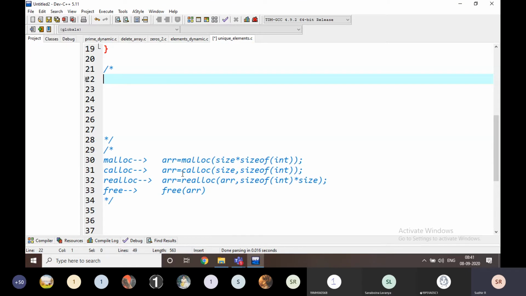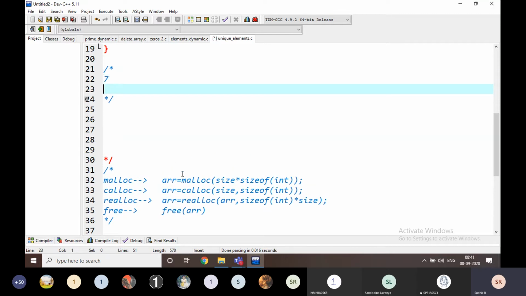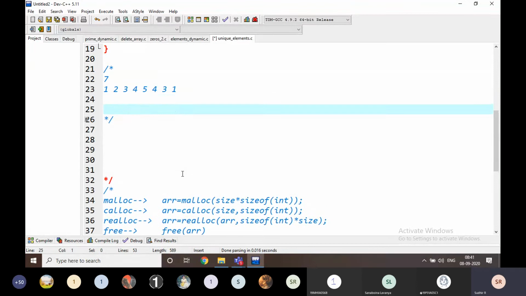Next question is, for example, here also the input is like this. How many values? 1, 2, 3, 4, 5, 6, and 8.